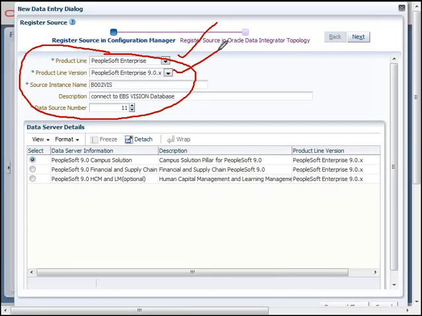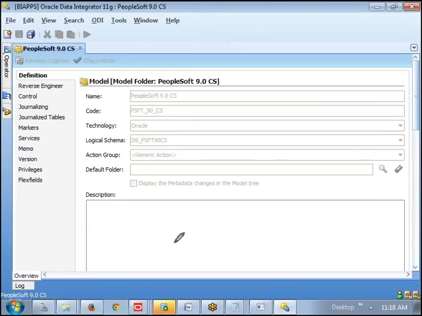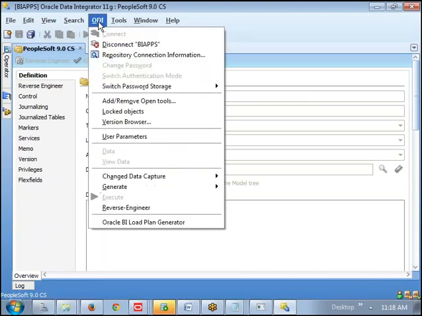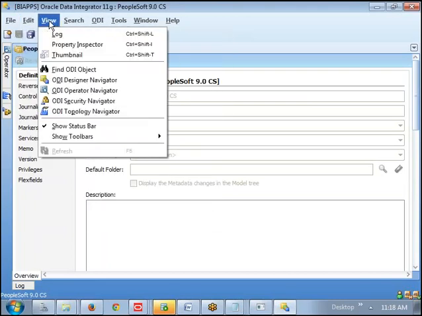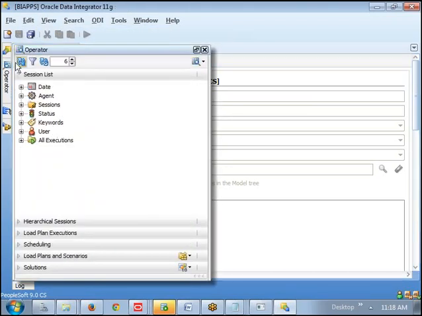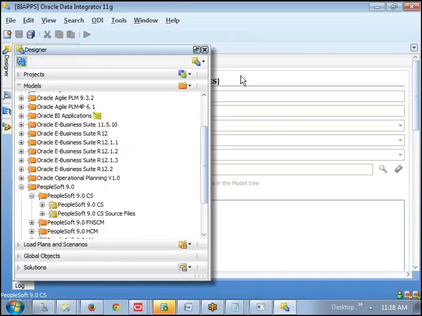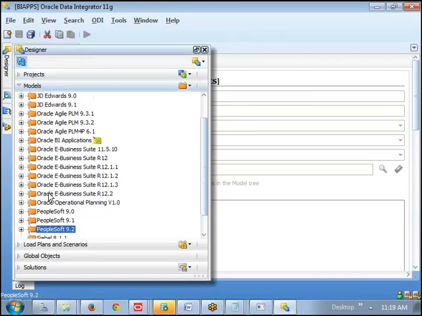ODI console, you mean to say here? ODI only, this is the Designer tab, okay. This is common, everything. It is a master repository. In our master,